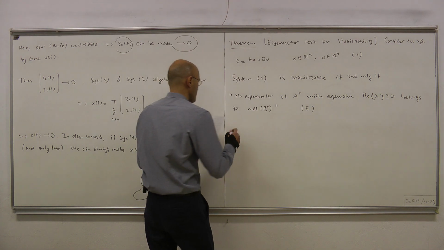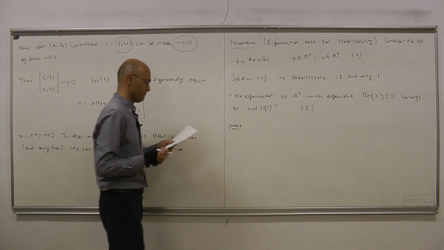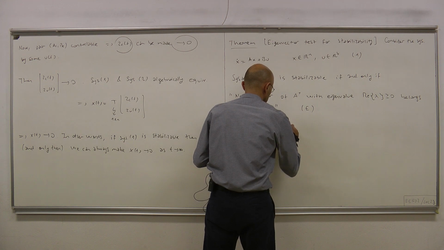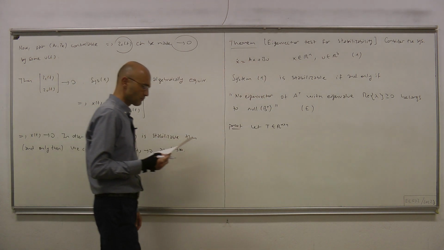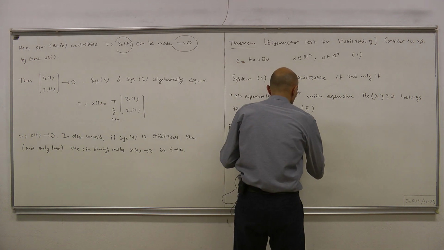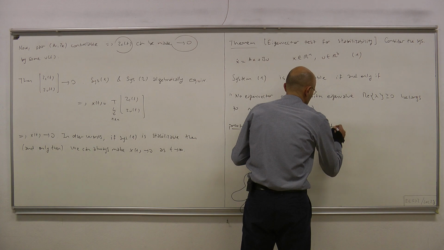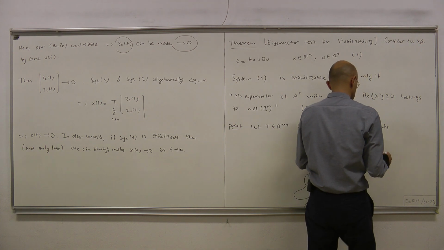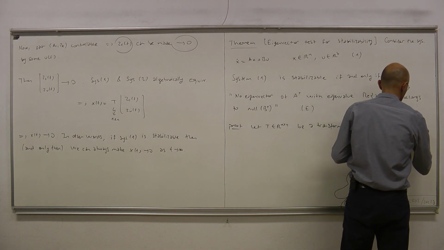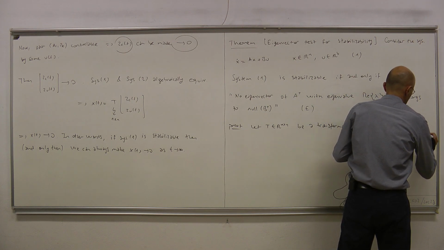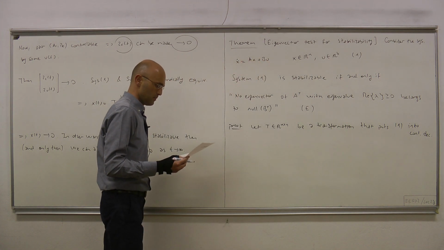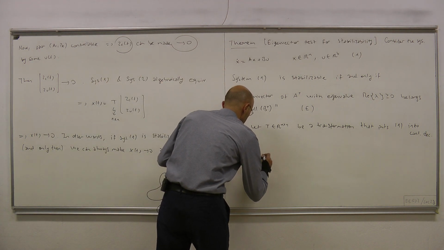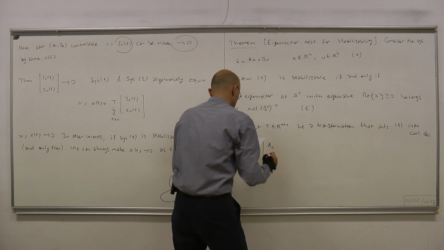Okay, let's construct the proof. So let T be the similarity transformation that will take us to the controllable decomposition, the transformation that puts our system 1 into the controllable decomposition representation, where the new A matrix, let's call it A bar, reads